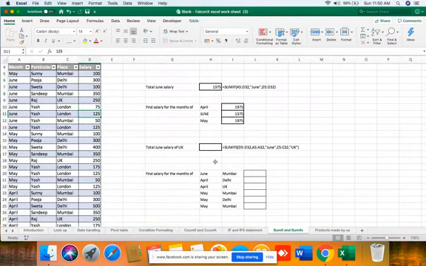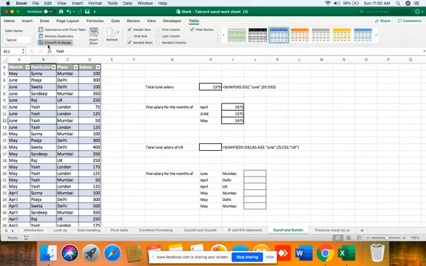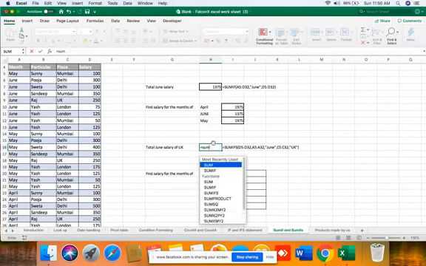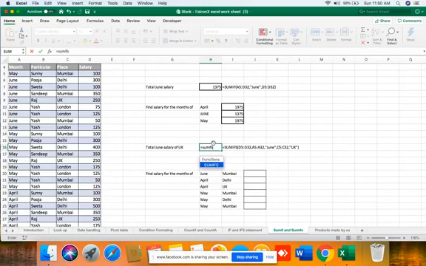Now how can you put two conditions together? The condition is the total of June salary for UK. Based on two conditions, how can you take the value? Again, I'm converting the data into a normal table range for explaining to you. Otherwise, it's always preferable to put the raw data in an Excel table. SUMIFS, sum range,